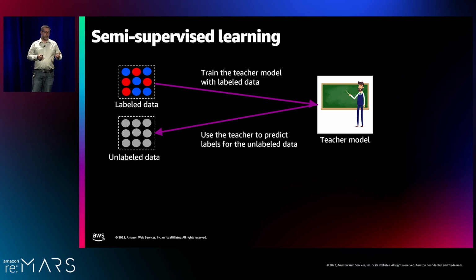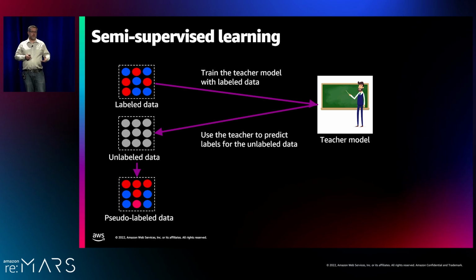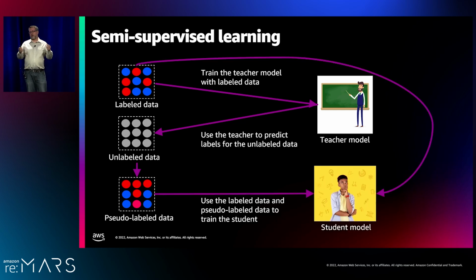And this unlabeled data is usually many orders of magnitude larger than the human labeled data. And that produces what we call pseudo-labels. We refer to these as pseudo-labels to differentiate them from the human labeled data. And so once we have this big set of pseudo-labeled data, we can take that and a smaller amount of human labeled data to train our student. And our student is our production model. So we're effectively distilling knowledge from the teacher to the student via these pseudo-labels.